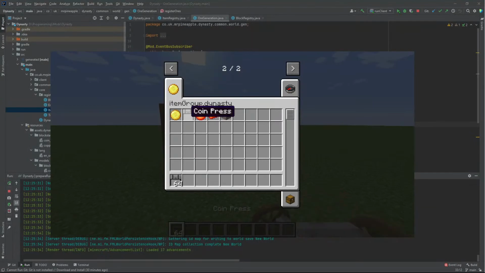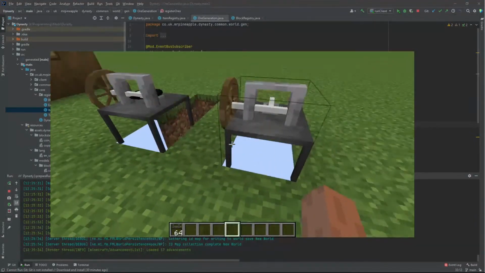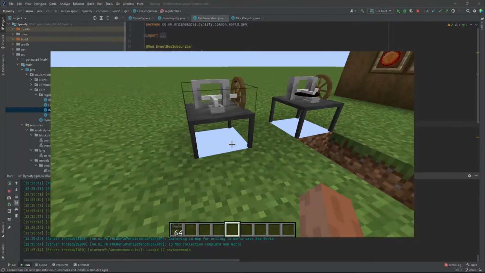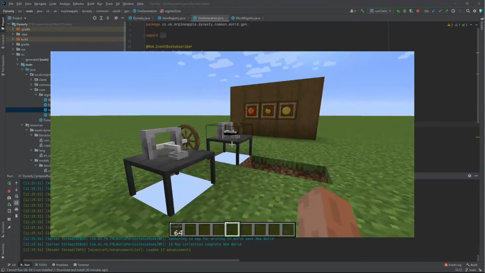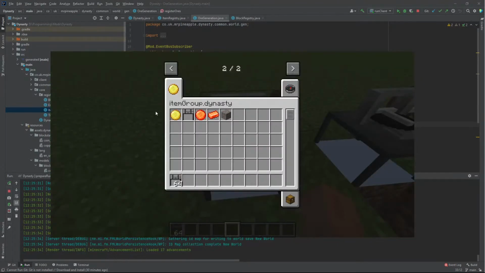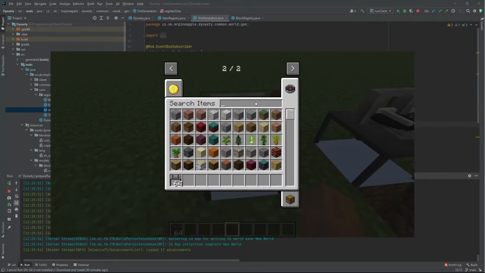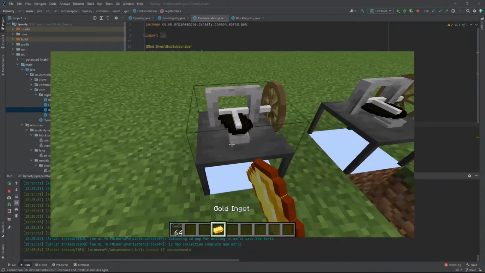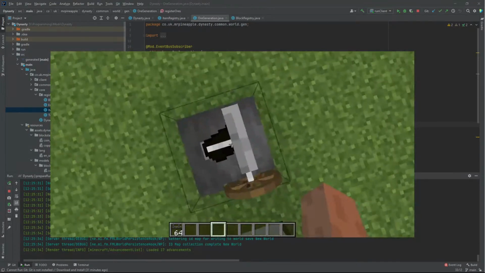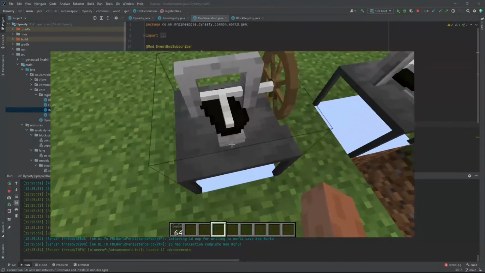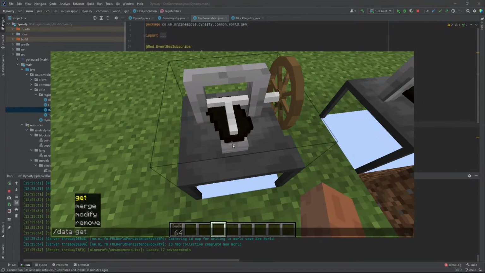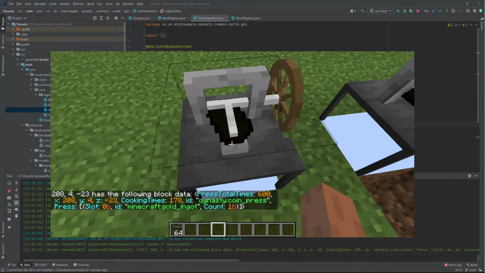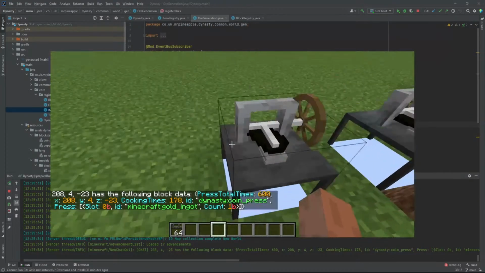So we currently have the coin press, and quite clearly the model is not complete, nor are the cutouts or the shapes even defined yet. But basically, this just takes in an item, so we'll get the gold ingot, and it renders, but I'll have to fix the lighting issue. And then after the data get block, after the time has finished, it will press. However, because